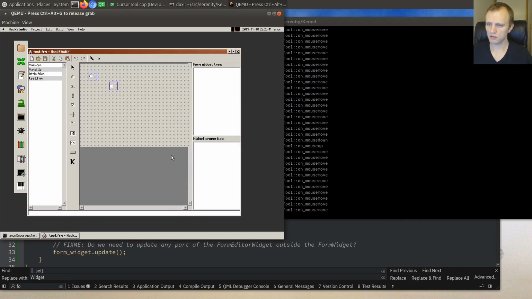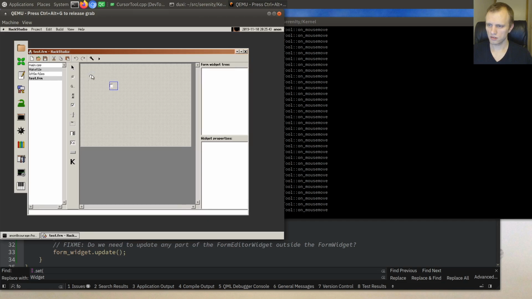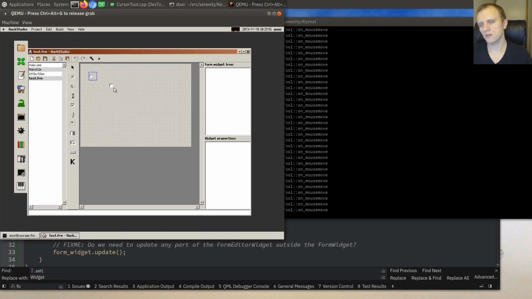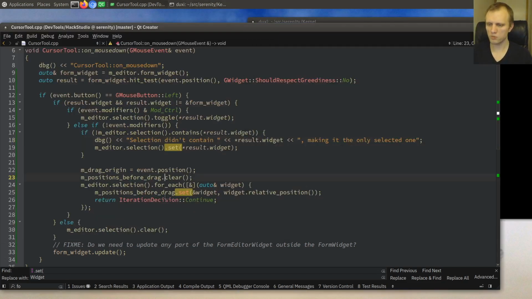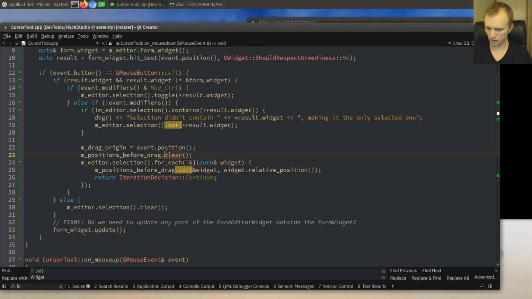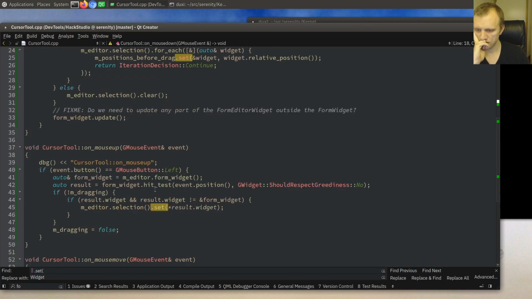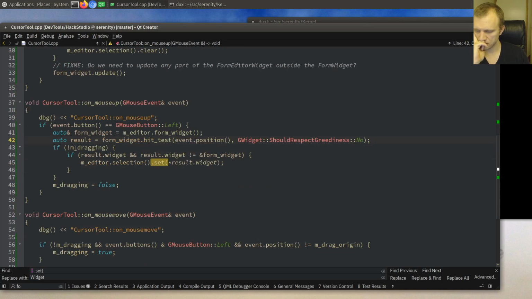Oh, wait, hold on. So it's just that it doesn't repaint. Control click. So it's already screwed at that point. It just doesn't repaint properly. That's a bit surprising. But anyway, I guess when we mouse up,